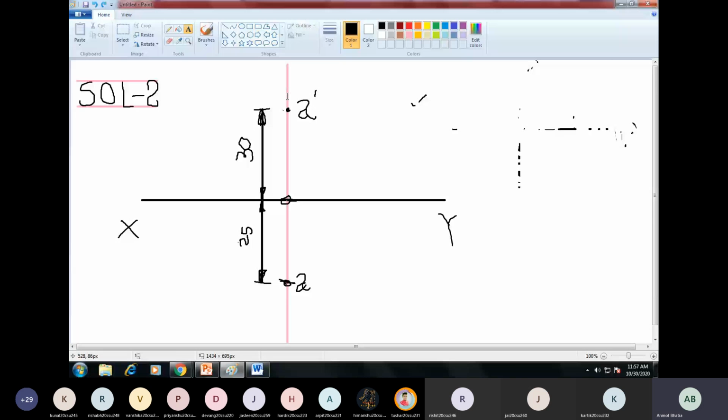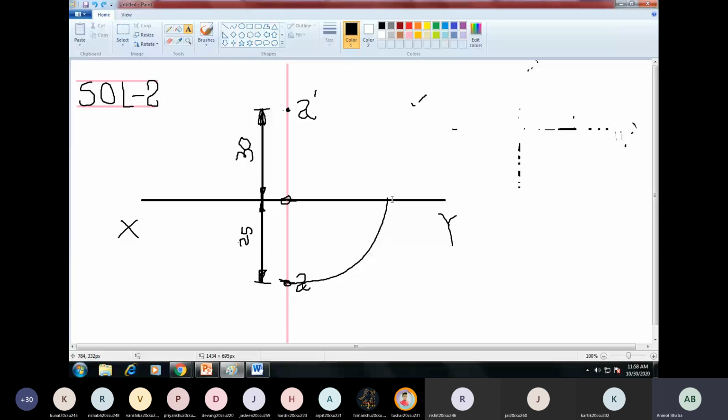So in order to make that, we need to check which view is required, the left side view or the right side view. If the left side view is required, its image will lie on the right side. So we'll just use the distance of the top view and then we'll make an arc like this. Keep the pointed end here, the pencil end here, and then make an arc.